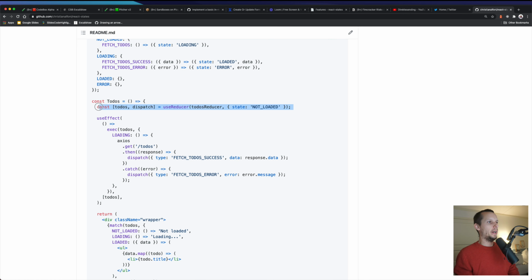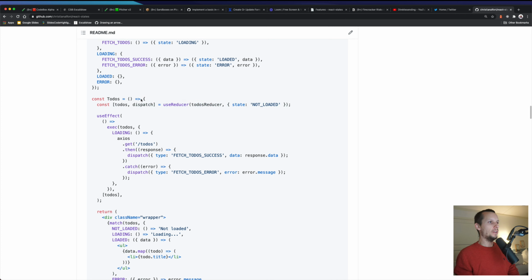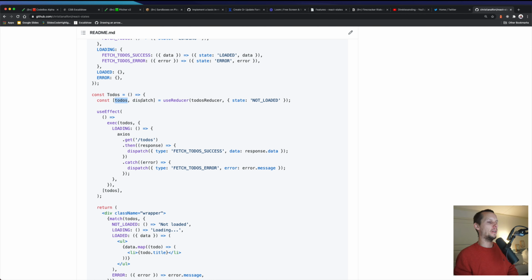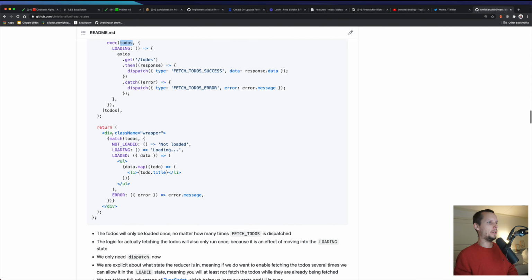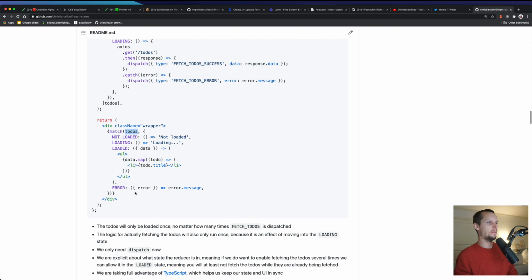Cool, and then we actually produce the reducer here, or that's the thing I reflected on. This is not the reducer. This is the hook result. They don't have a term for this in React, at least not in the typing. So I'm not sure what to call this array, but it's the result of the hook. Here we have the context, where you typically just use the name of the thing you're implementing, and then you have the dispatcher. And when you want to exec, you exec on the context, and when you match, you match on the context.